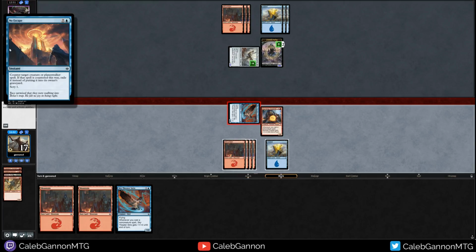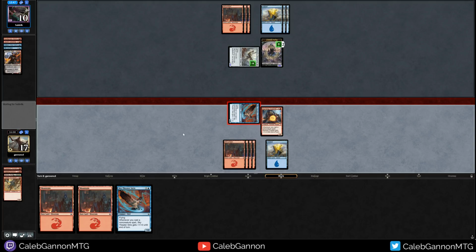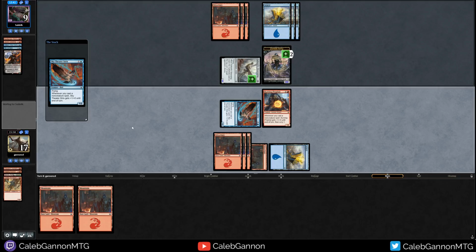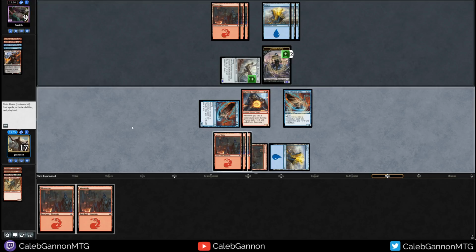And they already used No Escape, so hopefully they don't have another. Okay, that felt like the opponent had burn and didn't want to use it. So I'm going to be a bit wary if I do draw my +2, add 2 counters, and then, what